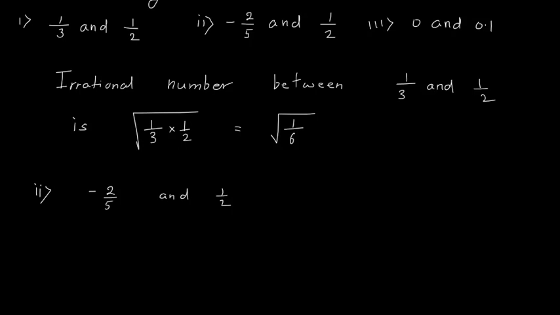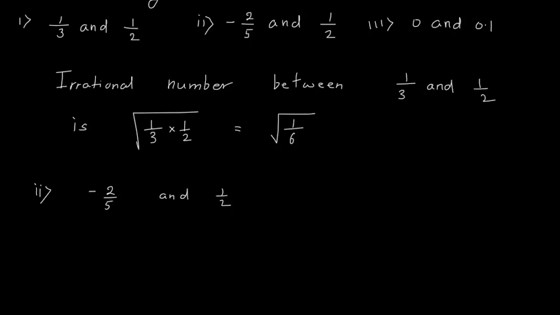I have to find a number which is between these two numbers and also it is irrational. So 1 by 2 is 0.5. Less than 0.5 is 0.3, but 0.3 is more than this 2 by 5. So if I take the square root of, say, 1 by 3,